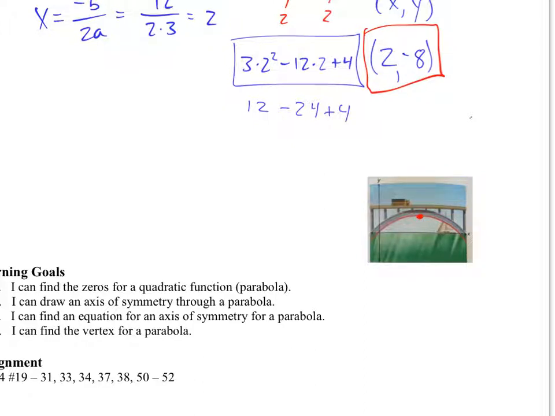If the y value ends up being maybe a 9, and the sailboat is a 10-meter high sailboat, then it's not going to fit. The sailboat's too high. If it's only an 8-meter high sailboat, then it'll fit underneath it. Good? So that one's in the